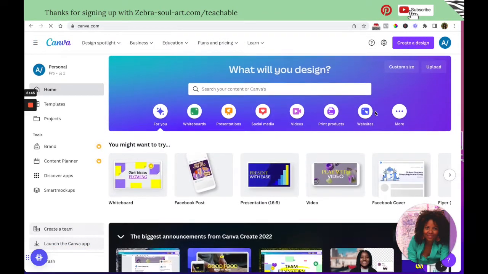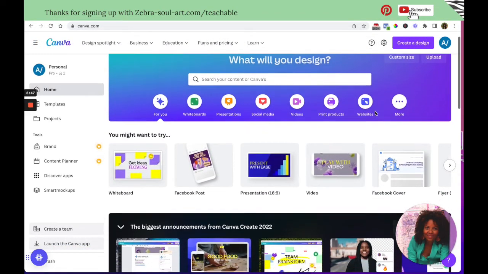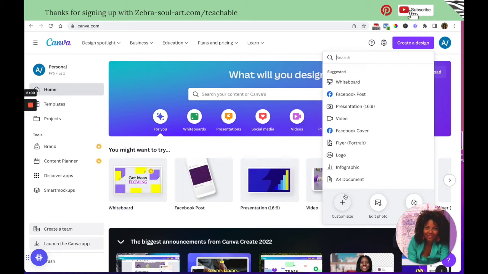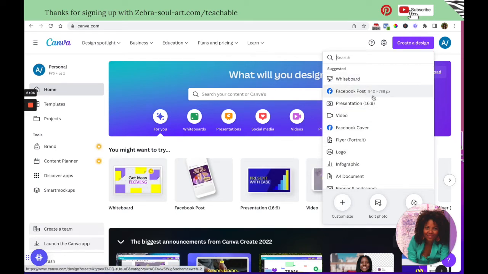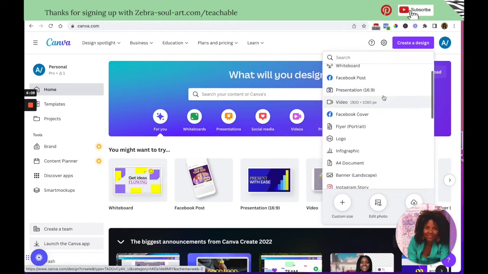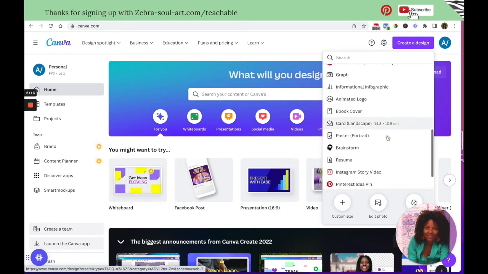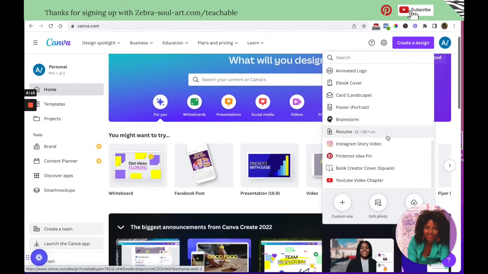Okay, as you can see, I'm now logged in to Canva. I have the pro version, but for what I'm going to show you, the free plan is enough. So just click on create a design. And if you don't know Canva yet, here you'll see different things you can design. You can design a Facebook post, presentation, Instagram story, Pinterest pin, like everything you can think of. A card